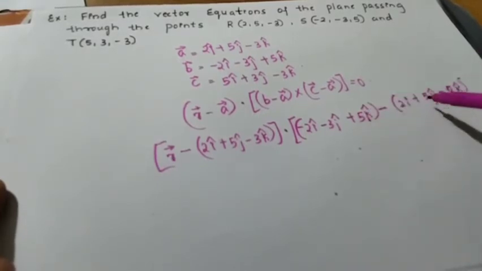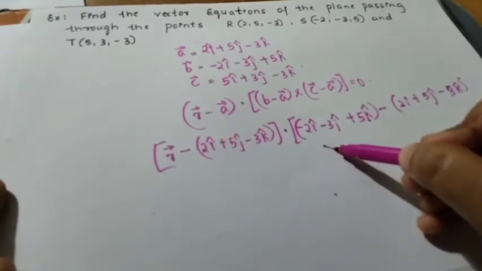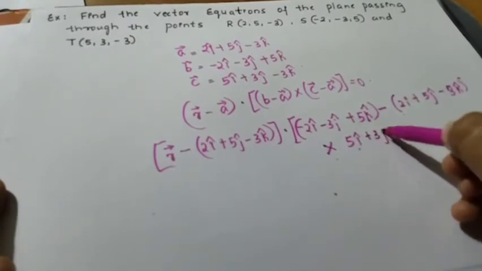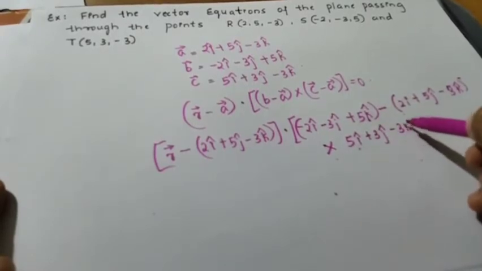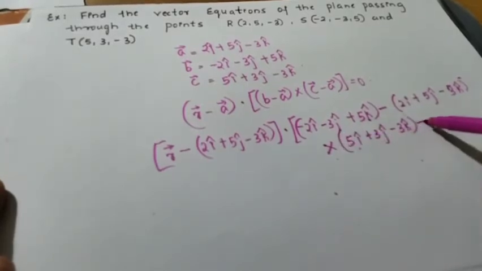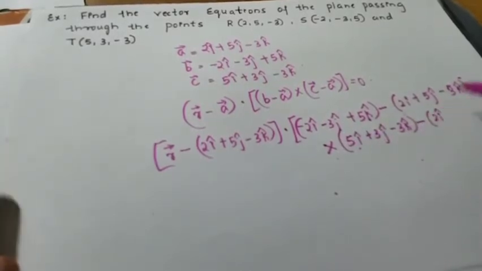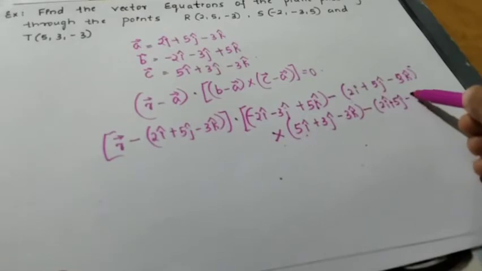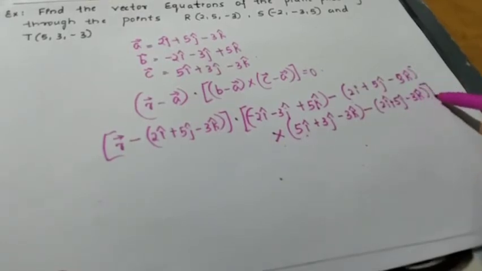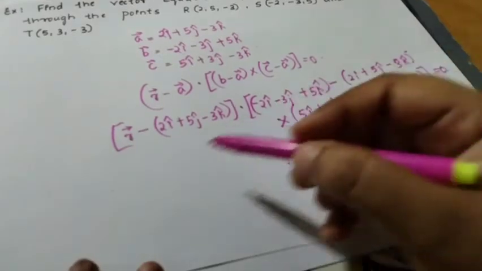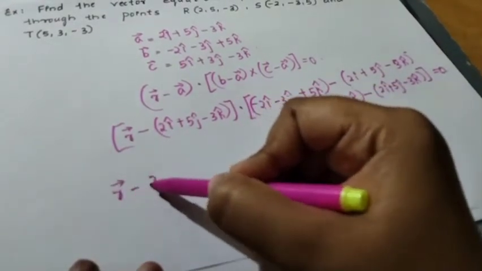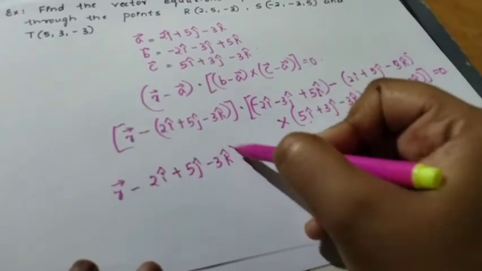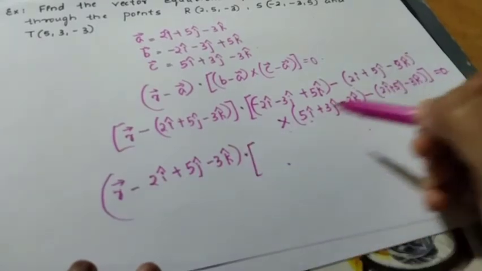Okay, B minus A, cross product with C minus A. C is what? 5i plus 3j minus 3k. C minus A, A is again 2i plus 5j minus 3k, is equal to 0. So this is r minus 2i plus 5j minus 3k, as it is, dot product with